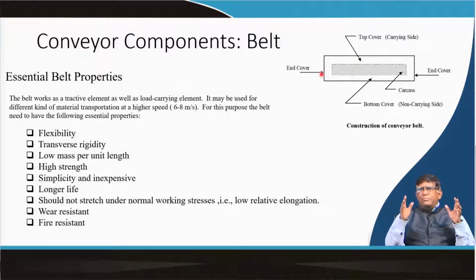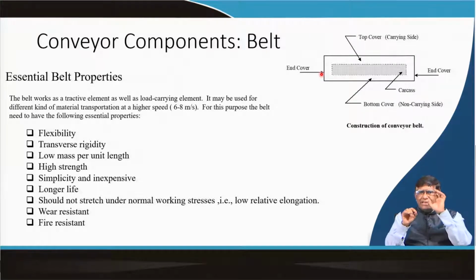Normally a 2000 millimeter belt will have a 16 millimeter top cover, an 8 millimeter bottom cover, or maybe your 12 millimeter on both sides will be the end covers. So, inside that, this carcass could be made of plies, a number of fabric plies layer by layer, that could be 3 ply, 7 ply, 18 ply, depending on how much load is coming on that.